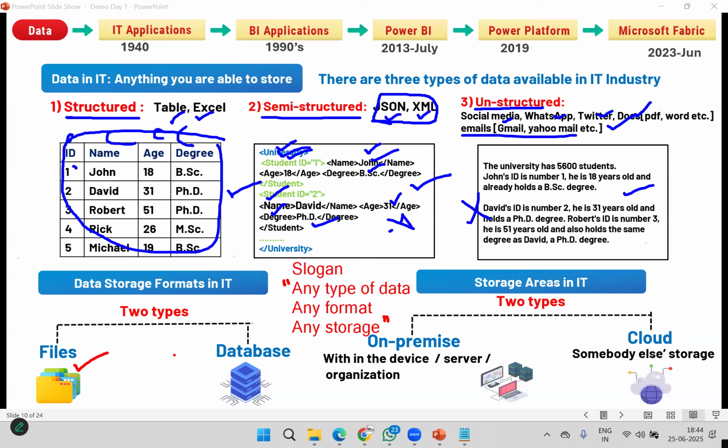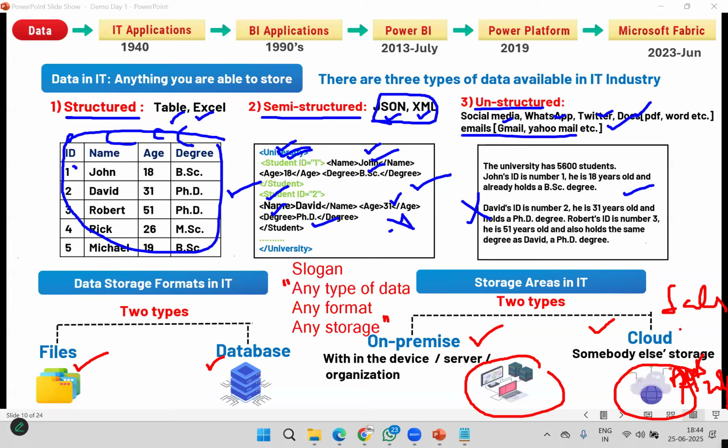So data may be in a file, data may be in a database. These are the storage formats; there are no other formats in IT. Companies may store data in the form of files or tables only. And this information is stored either at on-premises level or cloud level, within their organization servers or somebody else's storage like AWS, Amazon storage, Azure, Microsoft storage, Salesforce storage, Workday storage, any storage.